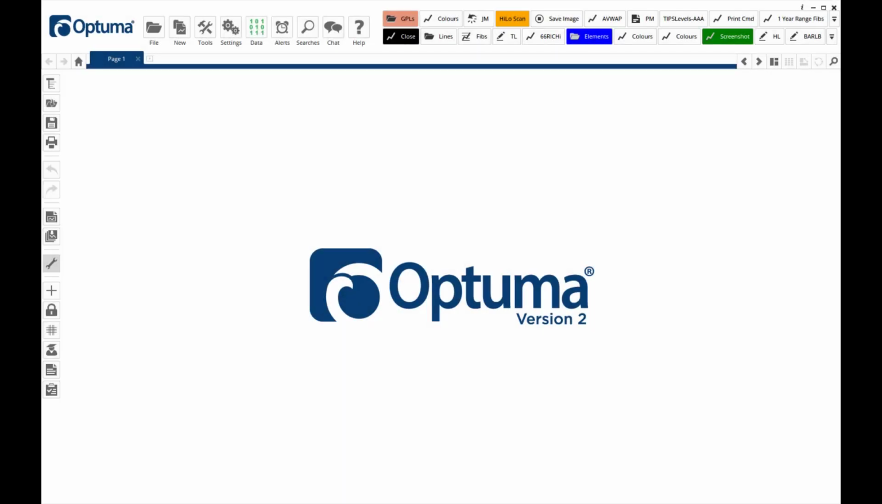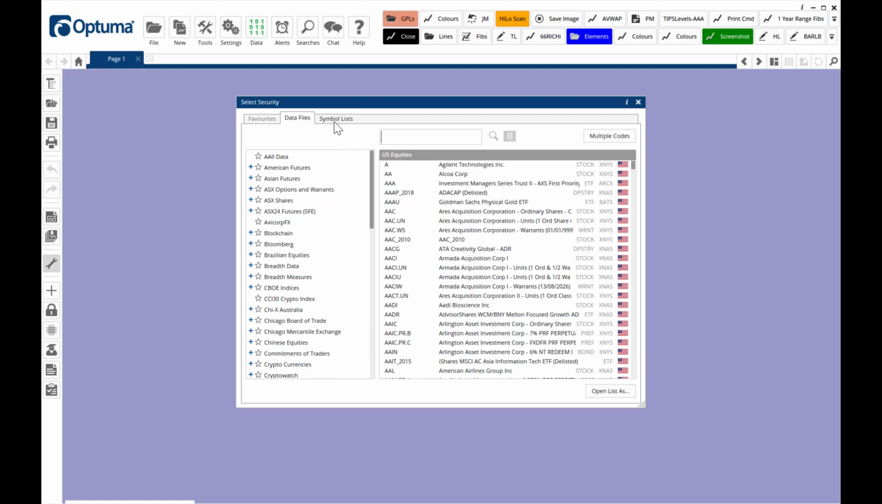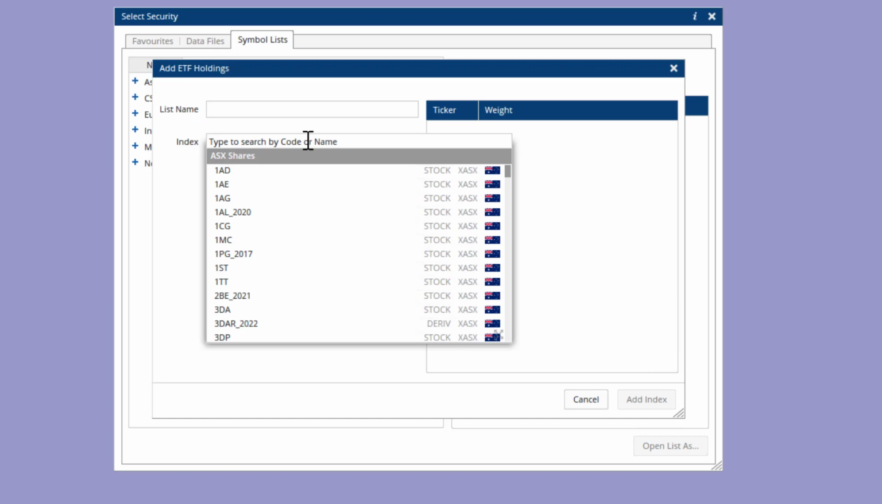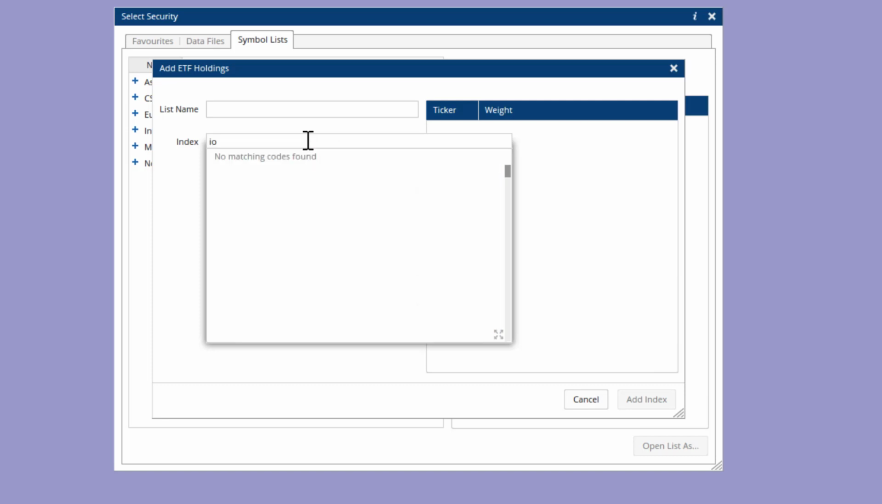Hi everyone, here's how you can quickly find the members of an ETF using the symbol list feature. So from an empty screen we can double click, go to the symbol list tab and click on new ETF holdings. So here we just type the ticker symbol of any ASX listed or US ETF,